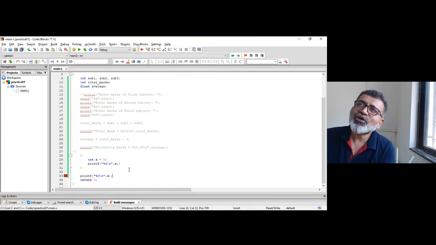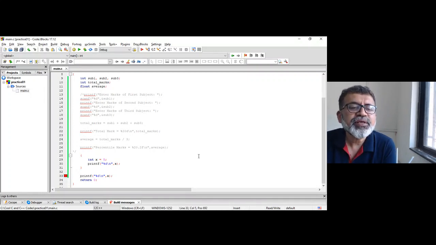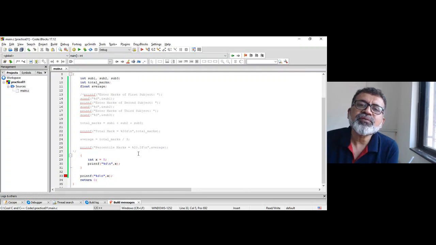But in C, I'm going to take this in detail. There is a separate chapter which we call storage classes. This is a small part of storage classes, so right now I cannot explain it in detail, because it is a separate chapter. But it was bound to come in our syllabus. So it gives an error, because x is not visible here in the program.